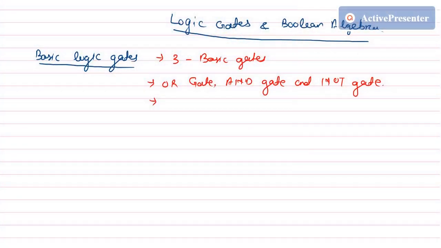So in today's class we will be reading about logic gates and Boolean algebra. I'll try to complete these two things in today's class. If time permits, we'll complete the Boolean algebra, otherwise we'll complete the logic gates. This is the third lecture in your video series, and in the previous lecture I have already told what a logic gate is and why you are going to read the logic gate. You can see that video. I'll give the link in the top right corner.